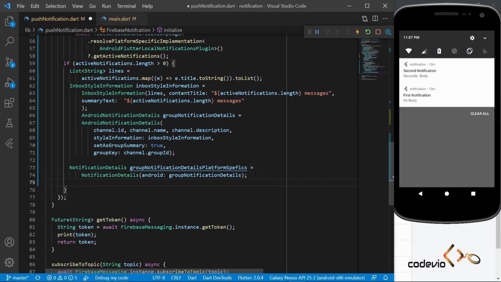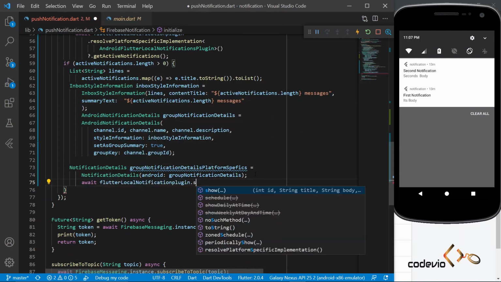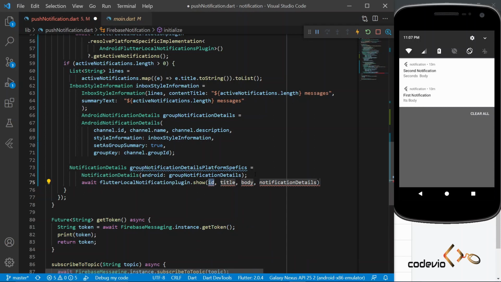Let's show the notification. For that we can call the Flutter local notifications plugin, and then use the show method, and let the id be 0 and the title be null and the body be empty. This empty notification will group all the notifications and be shown at the top. We are using a fixed id so that it will be replaced if a duplicate notification comes.